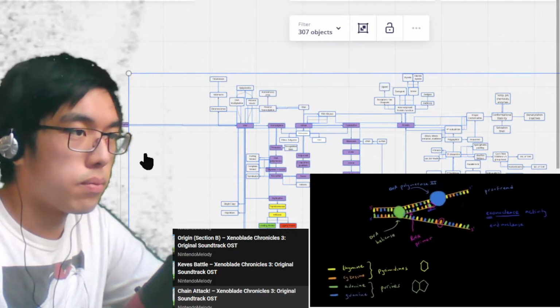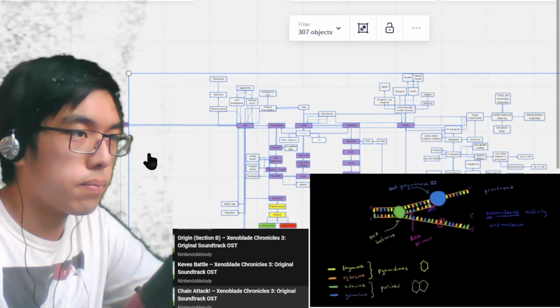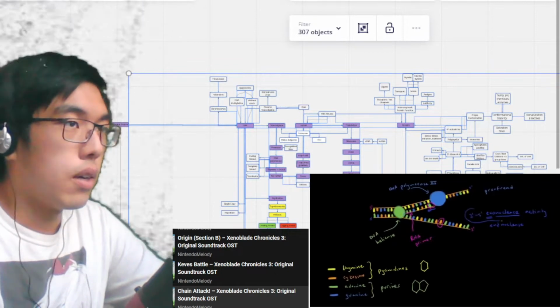If we want to be more specific, the exonuclease activity of DNA polymerase 3 is actually 3' to 5' exonuclease activity. And the reason it's called that is